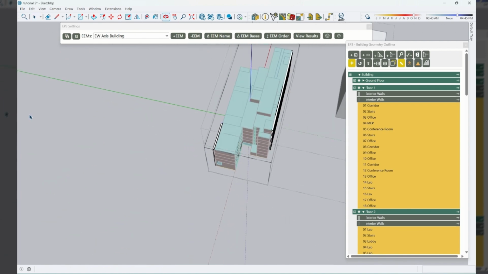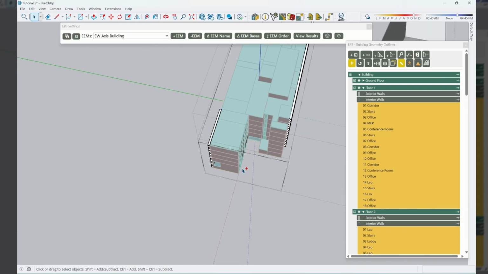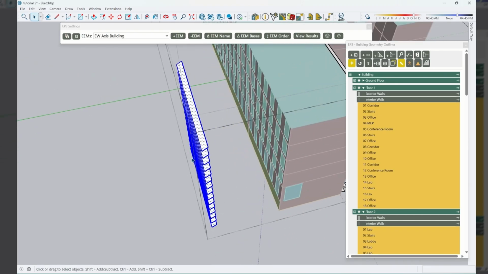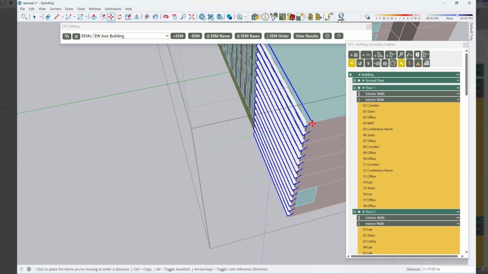I'm being careful not to select anything on this side. Oh, and I actually moved instead of copied, so let's undo. Okay, move and Control key to copy it, move it over, and then the mirror tool, and then I can move this back next to the building,